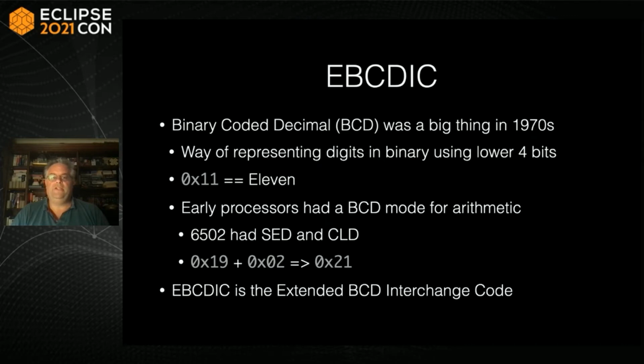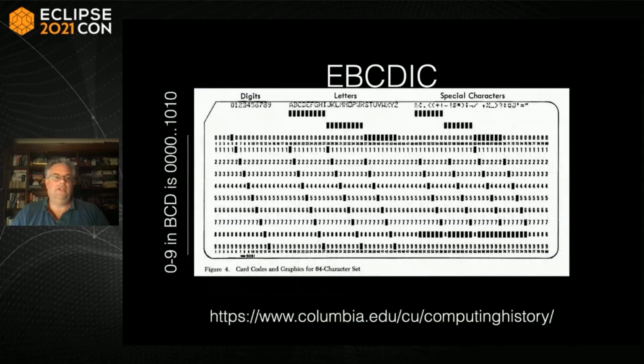And so that led to EBCDIC, which is the one that's used in mainframes because it's the extended BCD interchange code. And so on our EBCDIC card, we've got the numbers 0 through 9. They're represented just as a single element inside each of the rows, and you can see the 0 through 9 inside there. Letters were then a combination of those. So we went through 1 through 9 on the numeric values, and then we had, if you like, a top shift bit and a lower shift bit, and then the 0 shift bit as well. And so if you had pairs of those, that would form those letters,